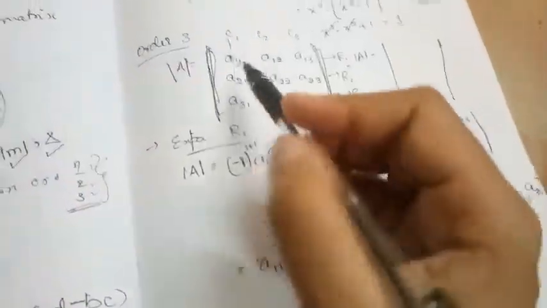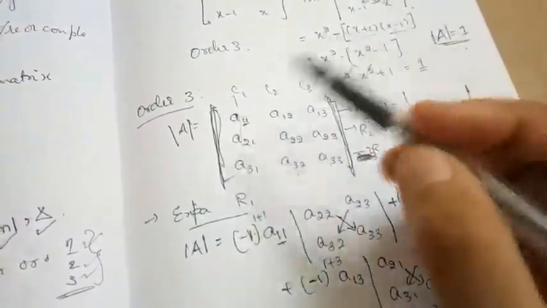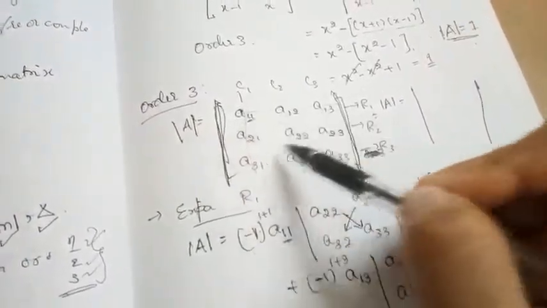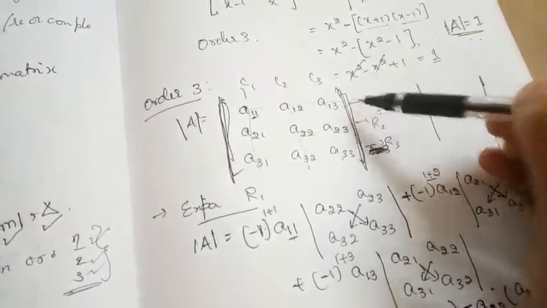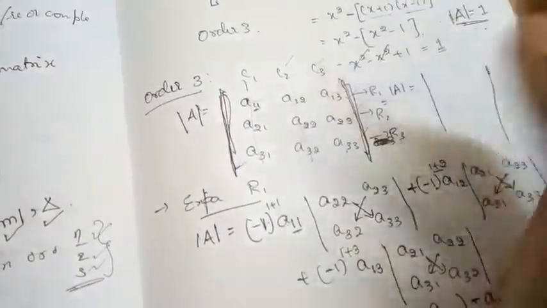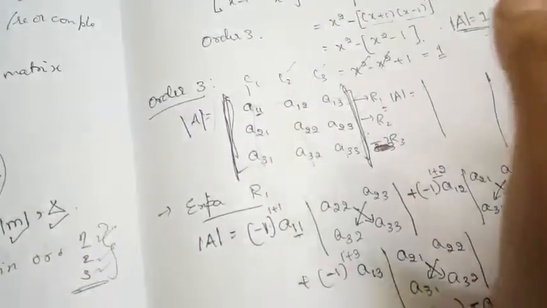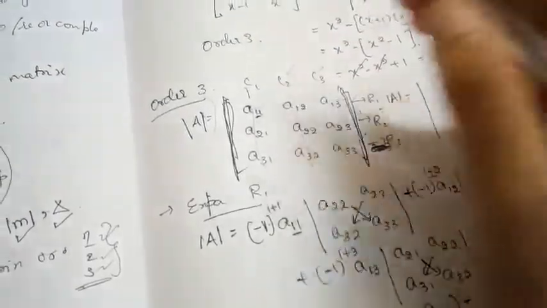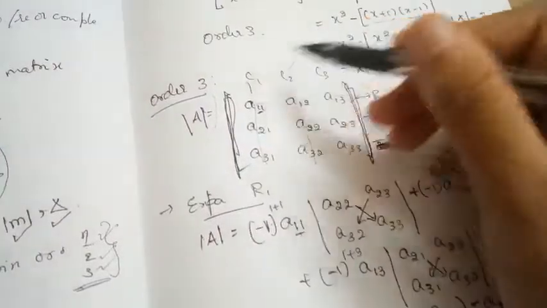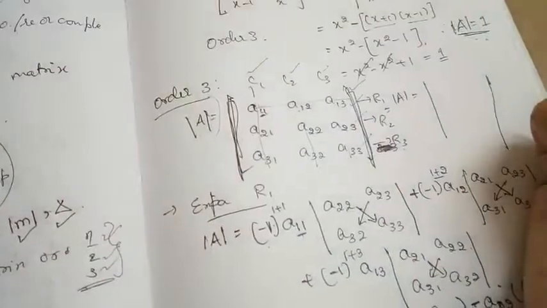This is how we are expanding along the row. Here I expanded along row 1. You can expand along any of these 3 rows: either row 1, row 2 or row 3, or column 1, column 2 or column 3. You are going to get the same determinant value for a given matrix. You can check this by taking a random example. You can check once by expanding along row 1 and another time expanding along row 2.